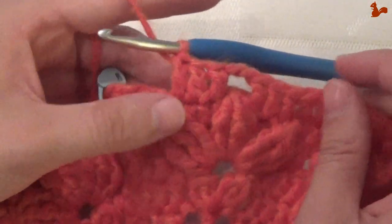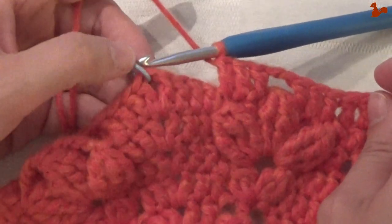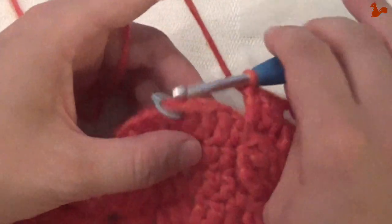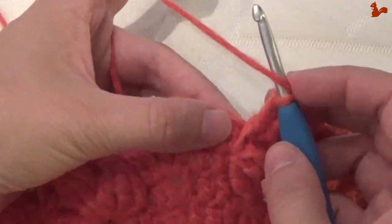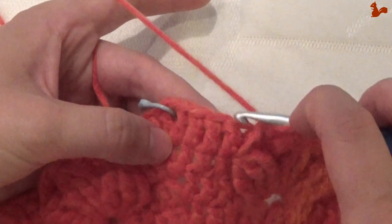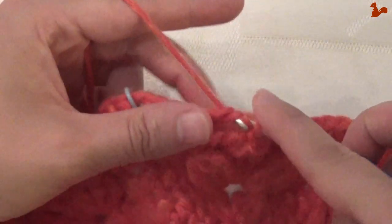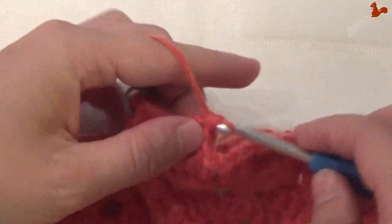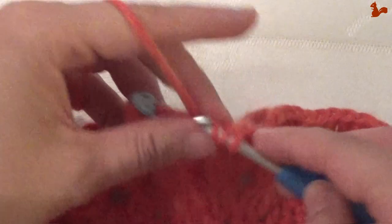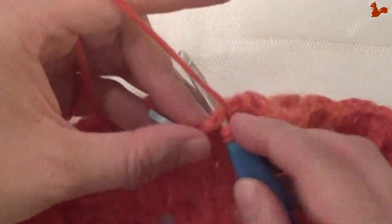This is what your work looks like. You've got 4 stitches left to the chain space. Work a treble on each of those, and this first one might be slightly hidden here, so just double check that you get that stitch. But if we're going to work in these 4 stitches, work a treble on each. So that's 1, 2, 3, and